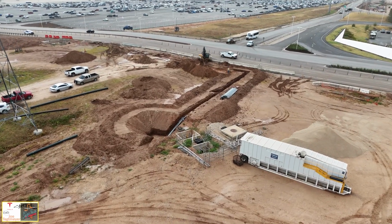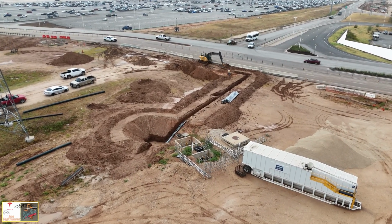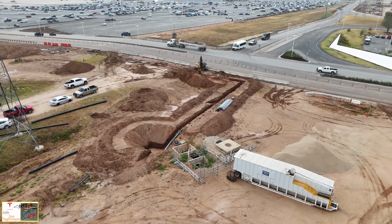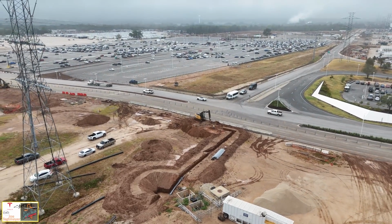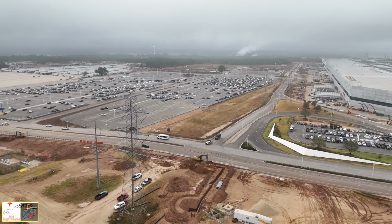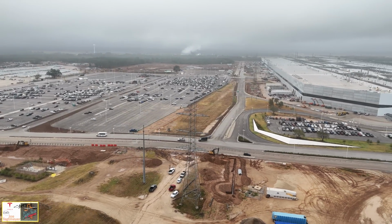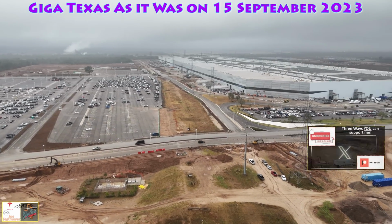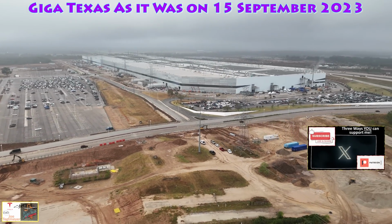the ramping to increase. We can see more of the conduit being installed here, going up towards and then taking a 90-degree turn by Tesla Road. So again, a lot of electrical work going on here at the factory today. And as you can see by kind of the gloom and doom, a lot of rain, a lot of mist as well. But otherwise, a lot of very interesting things to see, and I hope that you enjoyed what we